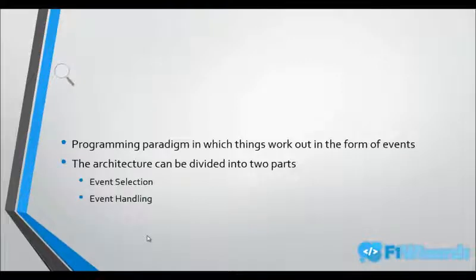So this event driven programming is divided into two parts. First is event selection. For example, as I said, if you want to switch on the fan, the event selection over here is a button, right? So a button click will decide whether to switch on or switch off the fan. This is the first part, that is the selection of the event which you want to trigger.